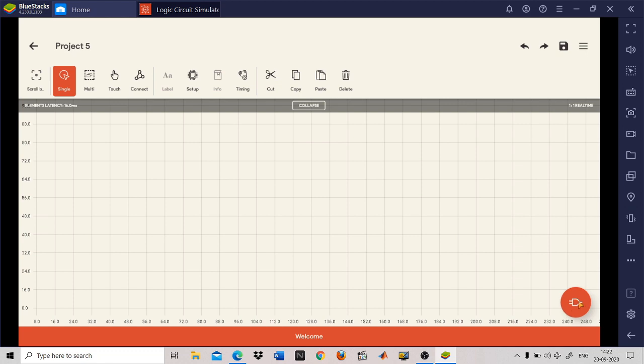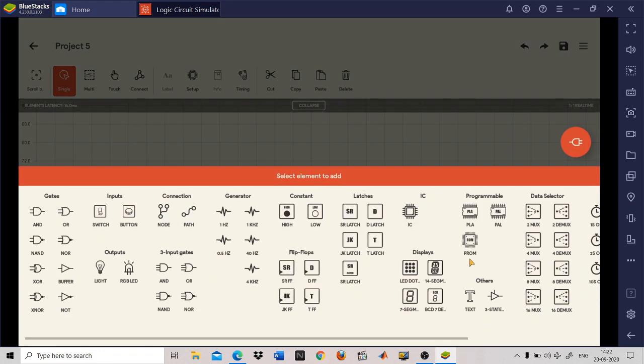Now, if you click on the component tool, you see you are having n number of elements. You are having flip-flops, then gates are there, then inputs are there. So right now we will concentrate on our AND gate. So just click on the AND gate. If you click your AND gate once, then that AND gate will be added automatically to the new window.